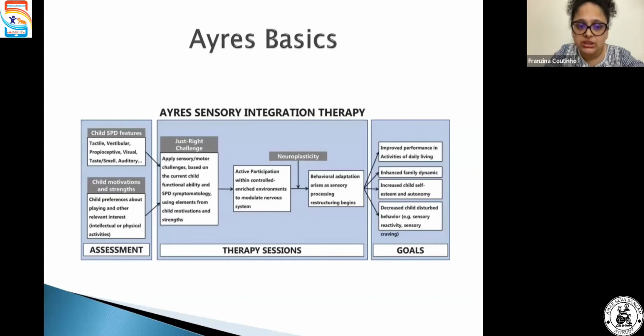You look at the child with SPD features, you identify what the issues are. You look at their preferences so that you can create the just right challenge, right? Remember that motivation that I was talking about, that helps you create the just right challenge. That's a very key component for her therapy sessions. Then you get active participation. So doing things to the child doesn't work. It's basically having things actively done, and this is true with anything in life, right? The more you do, the more you learn, and that causes behavioral